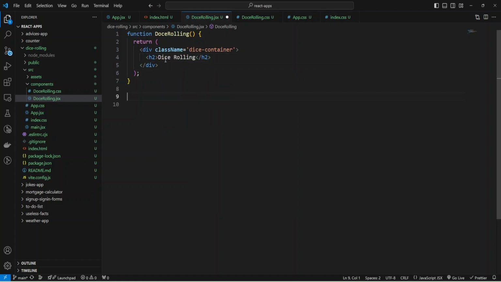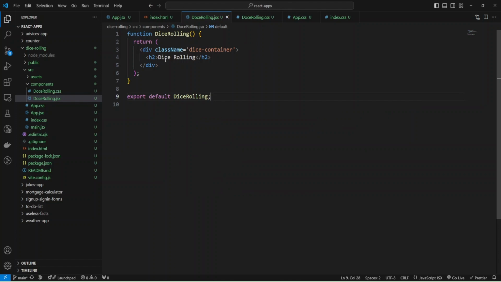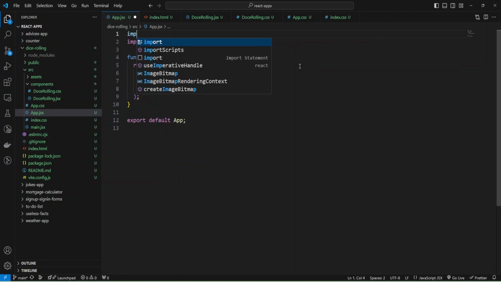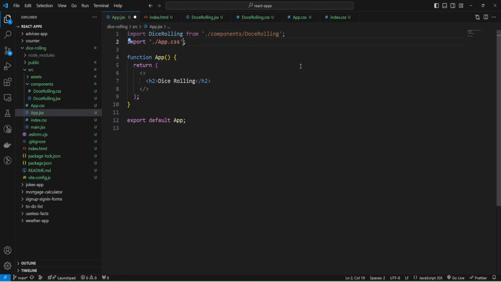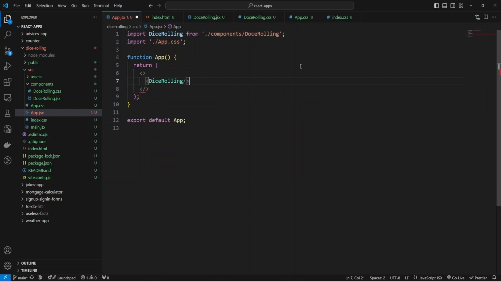And so I can export our component, export default, and I need to change the name to DiceRolling. And now I can export this component and paste it in my App.jsx with import DiceRolling, and replace all this h2 tag.